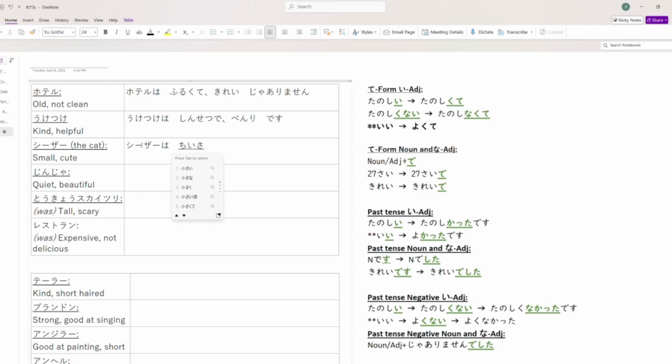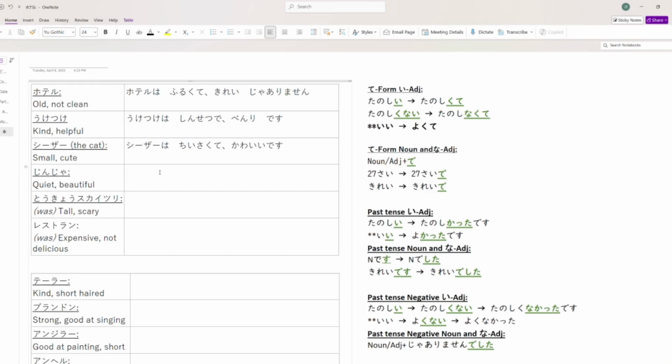Chiisakute. はい。小さくて、かわいいです。 It's true, he's fluffy. OK。もう一度 読んでください。 シーザーは小さくてかわいいです。 はい。そうですね。小さくてかわいいです。